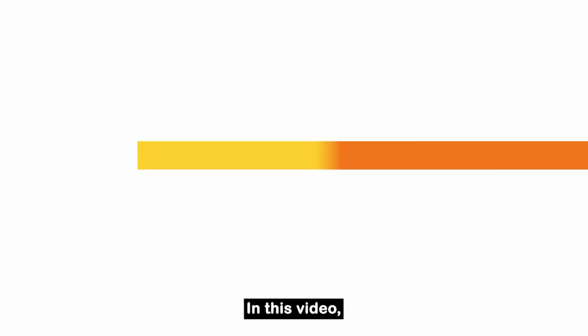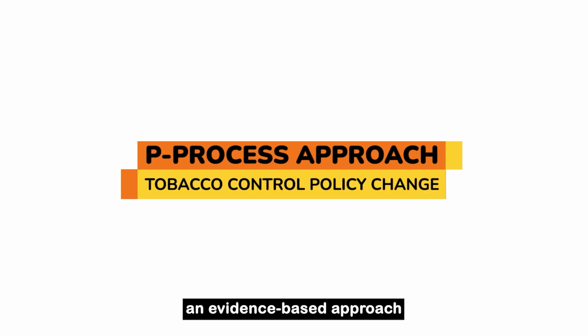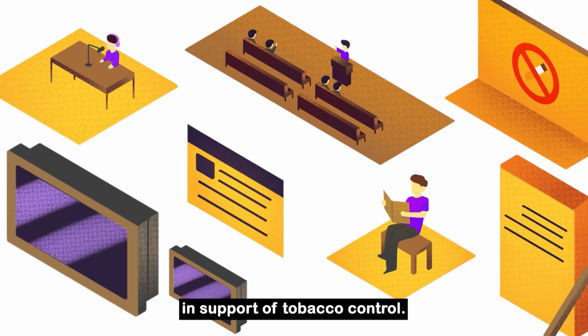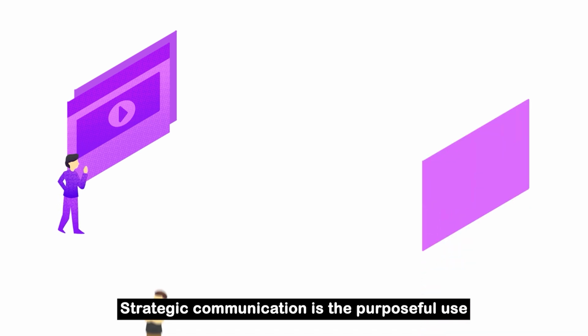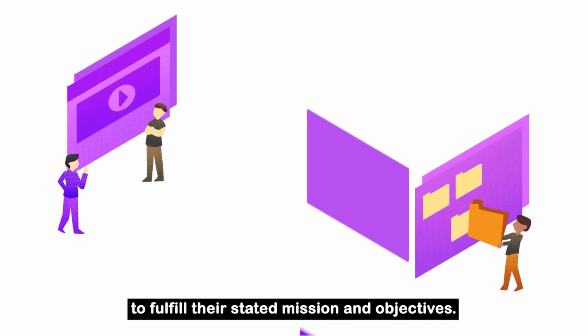Planning for strategic communication. In this video, we will describe the P process, an evidence-based approach to strategic communication planning in support of tobacco control. What is strategic communication? Strategic communication is the purposeful use of communication interventions by organizations to fulfill their stated mission